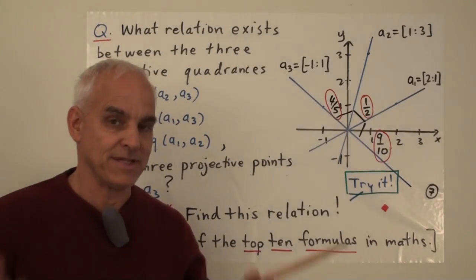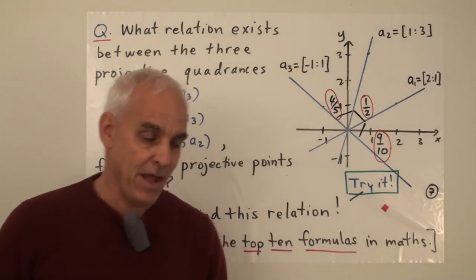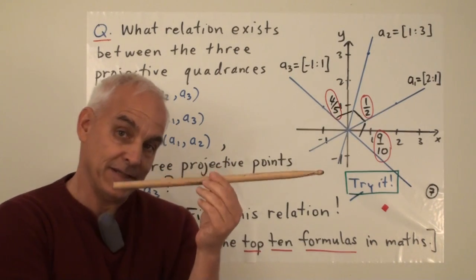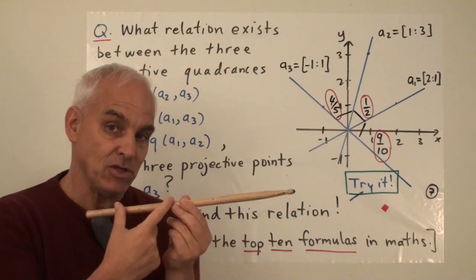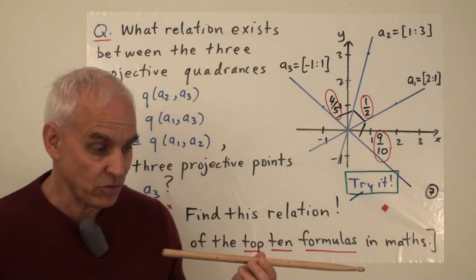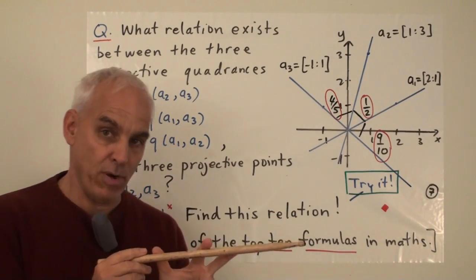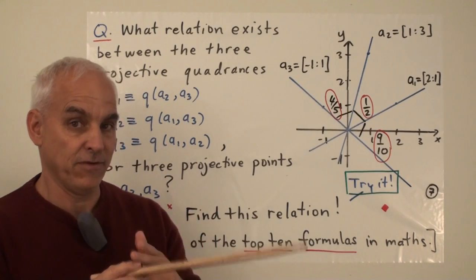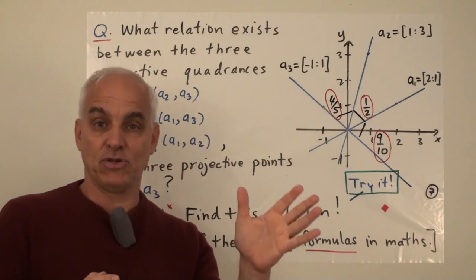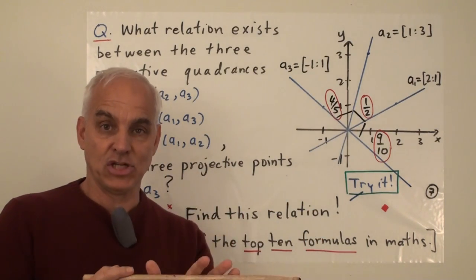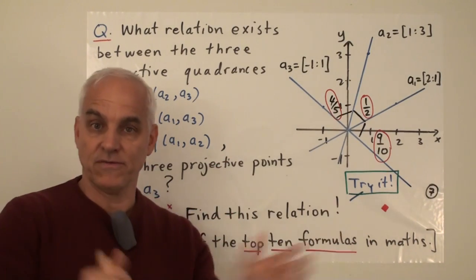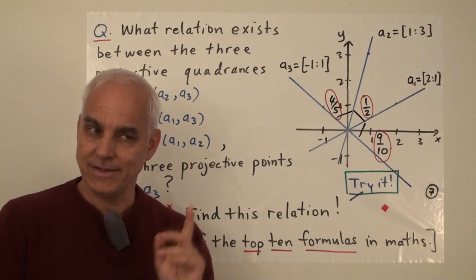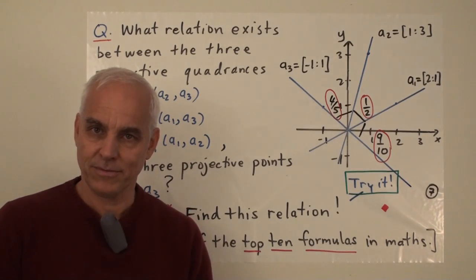So now we come to the same key question that we started off discussing in the affine one-dimensional case. After we defined quadrance between 2 points, the next simplest situation was what happens if we have 3 points. In that case we had 3 different quadrances and there was some relationship between them, and figuring out that relationship was sort of the key starting point for a whole bunch of new developments. Exactly the same situation happens here.